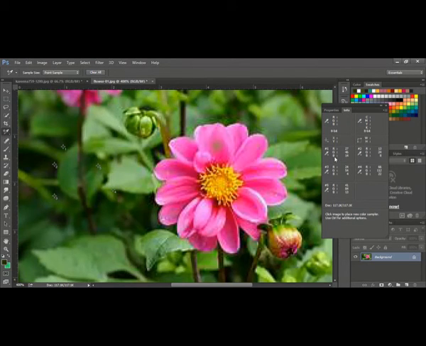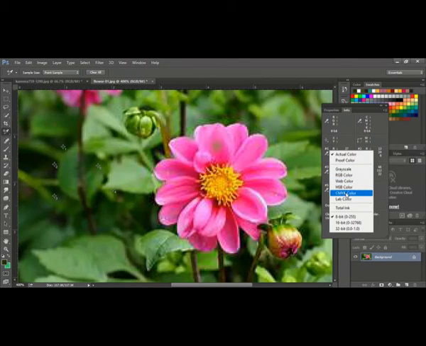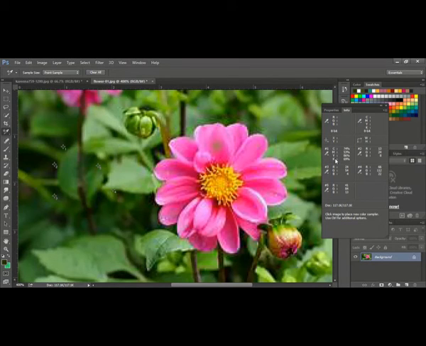Suppose you don't want RGB, you want to see the CMYK value. You go here and there is a small arrow here, click, and you can select CMYK. And this CMYK is used for printing purposes. When you want to print a flyer, you start the drawing with CMYK. When you use RGB, that is enough for other purposes. For example, you want to just create a small image for your website or Instagram, whatever it may be, those all require RGB. But when you want to take a printout, you have to select CMYK and prepare your drawings.